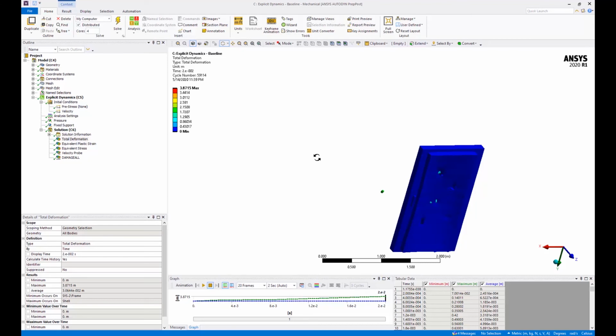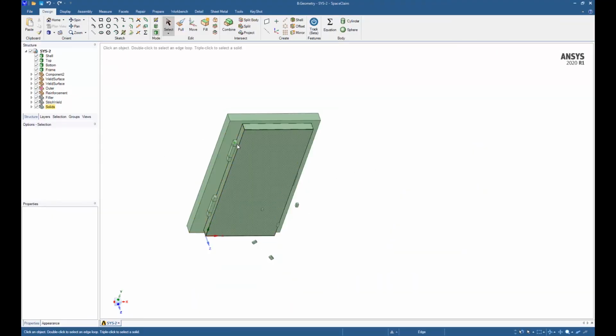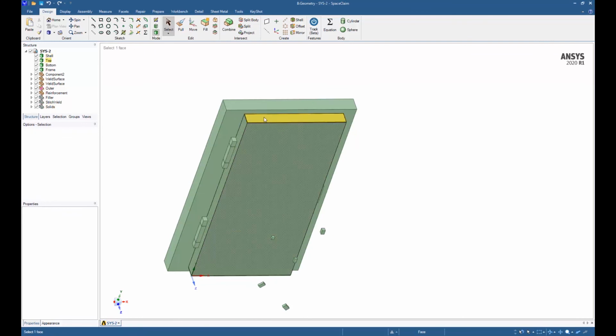So a solution for that was that maybe we can fill the door with concrete and use that as a stiffening mechanism for the door. We went back to SpaceClaim and used the power of SpaceClaim to fill the door up with concrete as a reinforcement. Once having done that, we simply copied the model over.